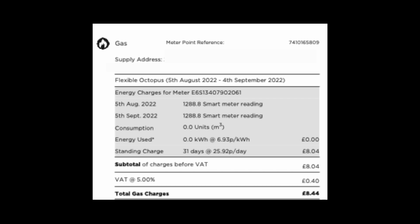Gas bill. We're not using gas at the moment, haven't used it for August. Hopefully not going to use it in September as well, but we'll see how that pans out. Still nice at the moment. So we're just paying for the standing charge here,